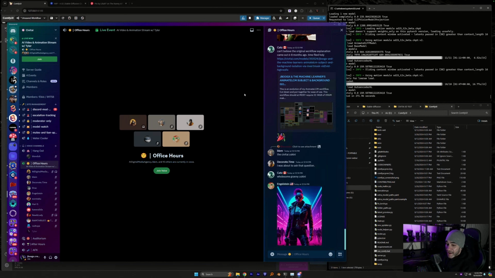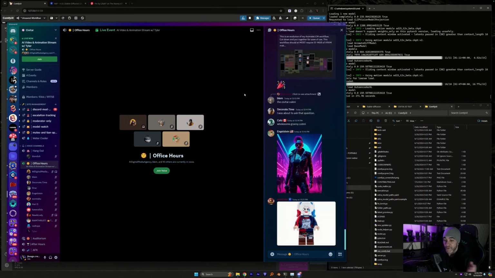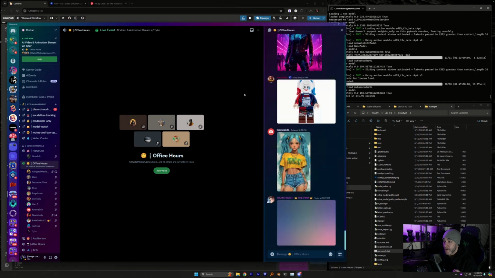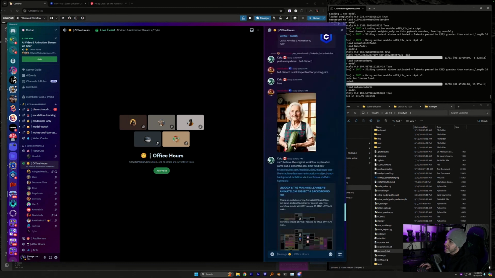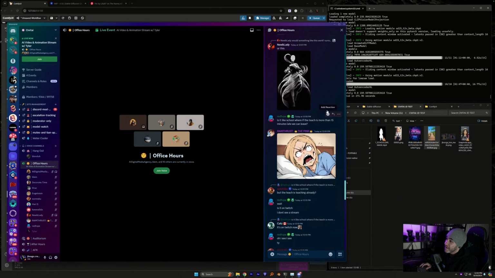So, I am using a 4090. Being transparent, I have a 4090 and my PC is very beefy. And this workflow, as it is built, will run you about 12 to 15 gigabytes of VRAM. So this is not exactly the most VRAM friendly option. We can do that next week. I can tear some stuff out and we can try to make it more VRAM friendly for you 8 gigabyters. But I would recommend trying to run the workflow on something like Run Diffusion or Think Diffusion and load the JSON file on there.